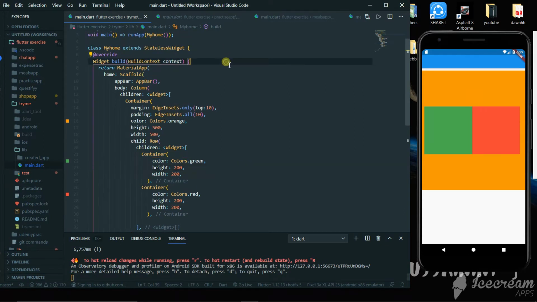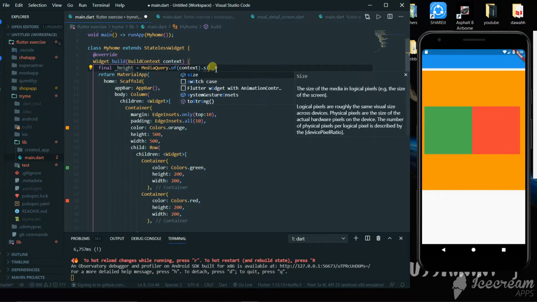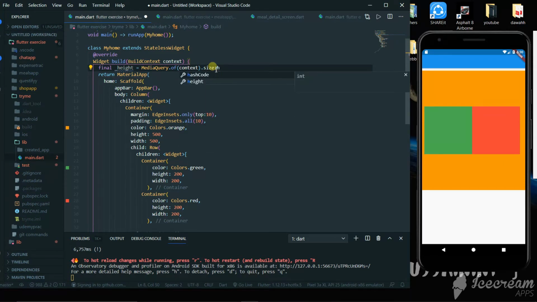So the first way is by calculating the height and width of the app. So for that, first we'll calculate the height of the app. So we'll declare a variable inside the build method. Make sure to write this code inside the build method, and this would require MediaQuery.of(context).size.height.